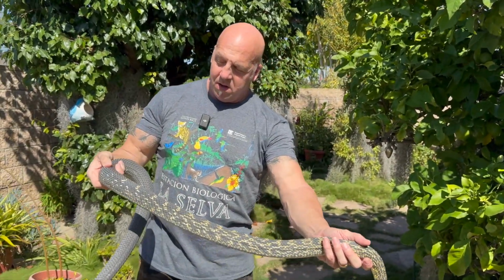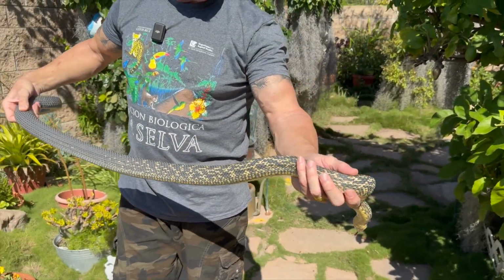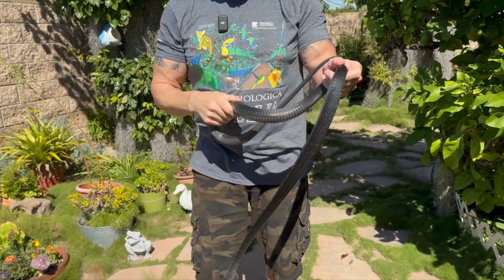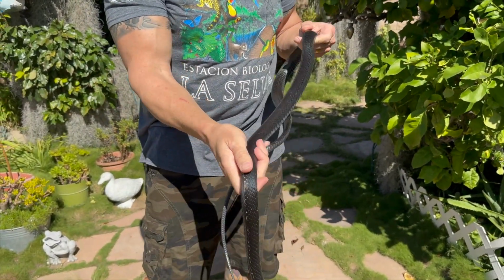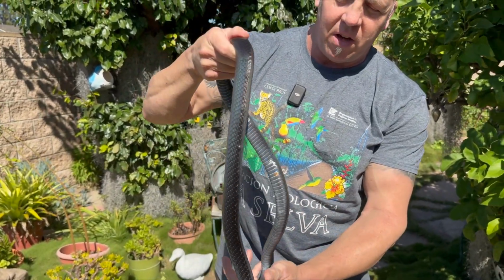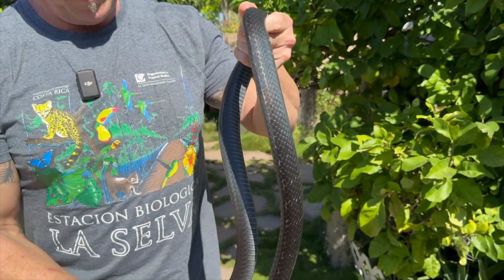All right, we'll move on to the next one. And this is our last melanistic Pituophis carinata for sale. It is a female. She is available. She is eating frog legs, frozen thawed frog legs, like they all do, really, really well. Her demeanor is pretty chill,